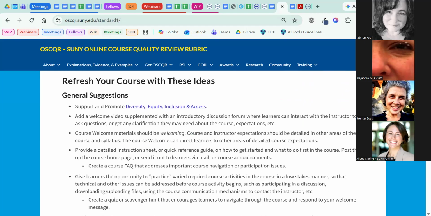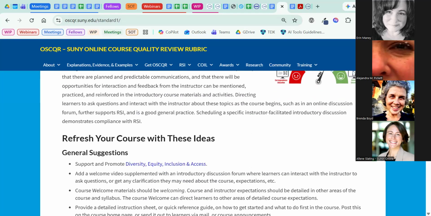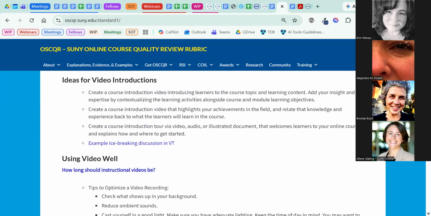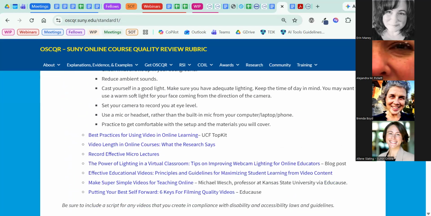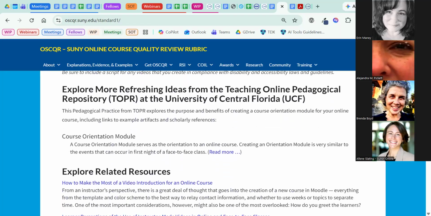And then if it's related to RSI, there'll be a section on that, and then a place where you can get additional ideas and then leave a comment. You can see Erin is showing this particular one, which was the first one about a course welcome. It's got stuff on doing a little welcome video and those kinds of things. And then additional resources down at the bottom.